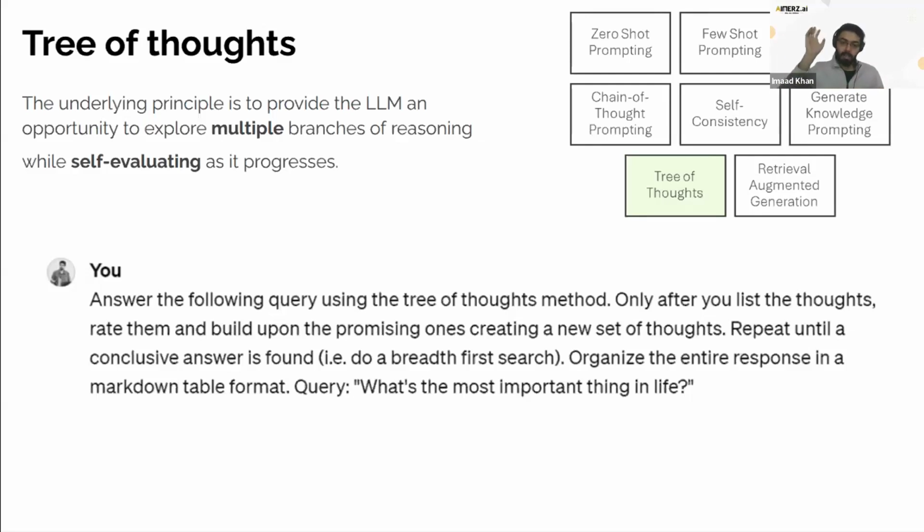So, like I said, you can use your data structures knowledge, you can use your tree of thoughts to build different trees, and then the meta prompting. So, this is multiple prompting techniques put together to answer this question, that is, what is the most important thing in life? Now, I hope you're ready to see what's the most important thing in life. But before I go to that, I would like to see what do you think is the most important thing in life